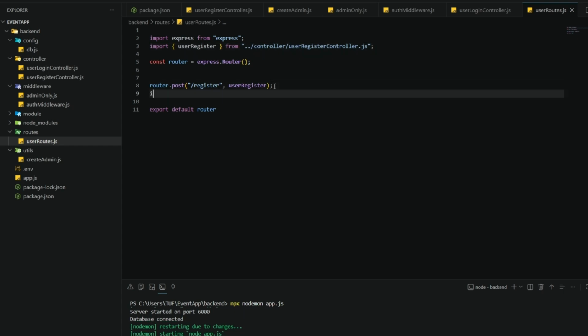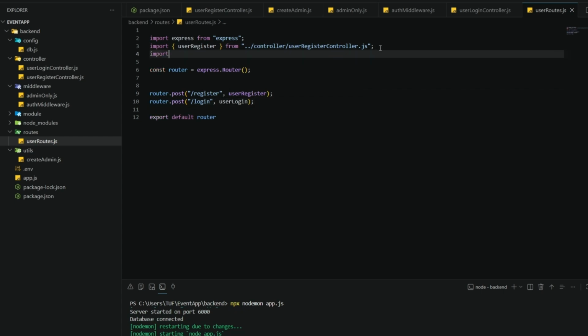Now here we also write router.post('/login', userLogin), with the userLogin function from the user login file. Similarly, this route handles user authentication. When a POST request is made to the /login endpoint, the user login controller will process the request and verify the user credentials. Now in the app.js file we write here